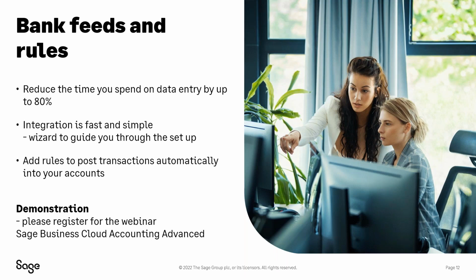The rules option, I think initially when you find out about rules, you'll think about things like direct debits and standing orders, so those regular transactions. Now, what rules do, as transactions download, if you've got rules set up, it will look at your transactions and see if it recognizes any. If it does, you can put some instructions in place so it knows what to do with that transaction. So like your telephone bill, for instance, or a utility bill,